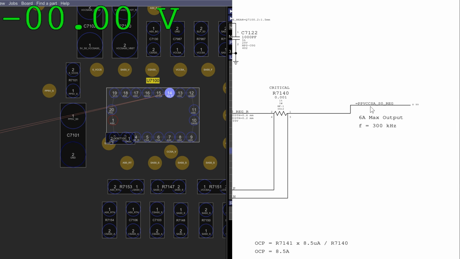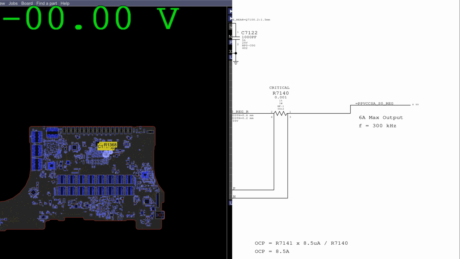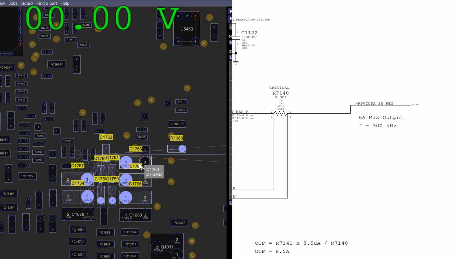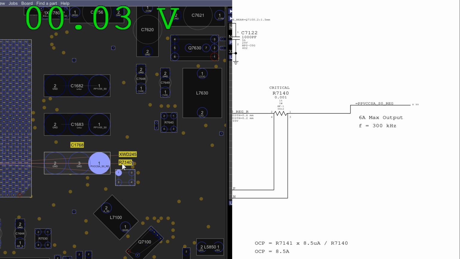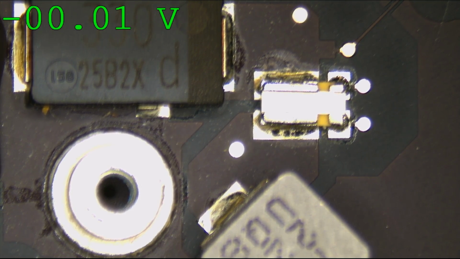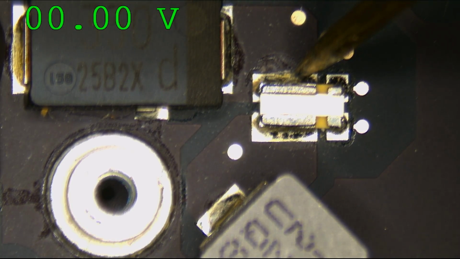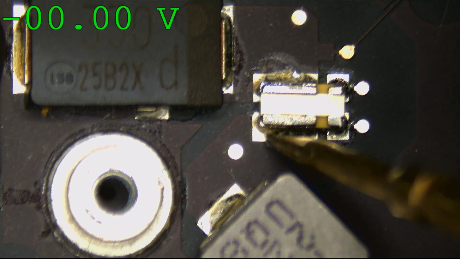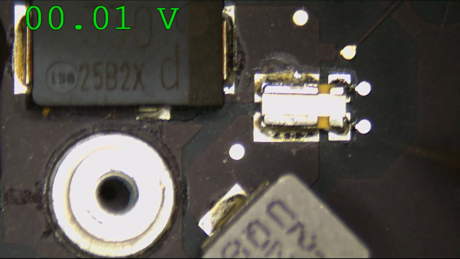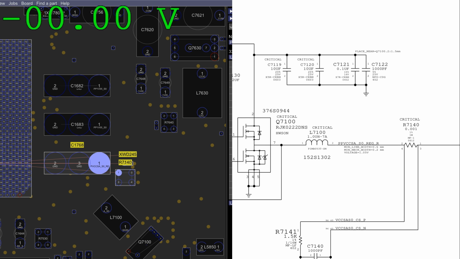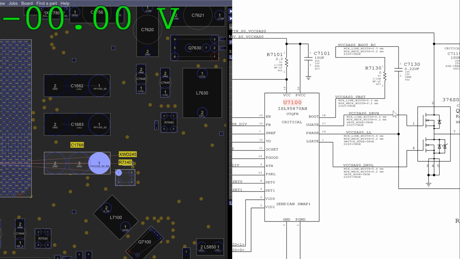Alright, then we have PPVCCSO reg. And this little current sensing resistor right over here is where I can measure it. Okay, I think we have our answer. This is the rail that's missing. So the rail that's missing is PPVCCSA SO. That's created by